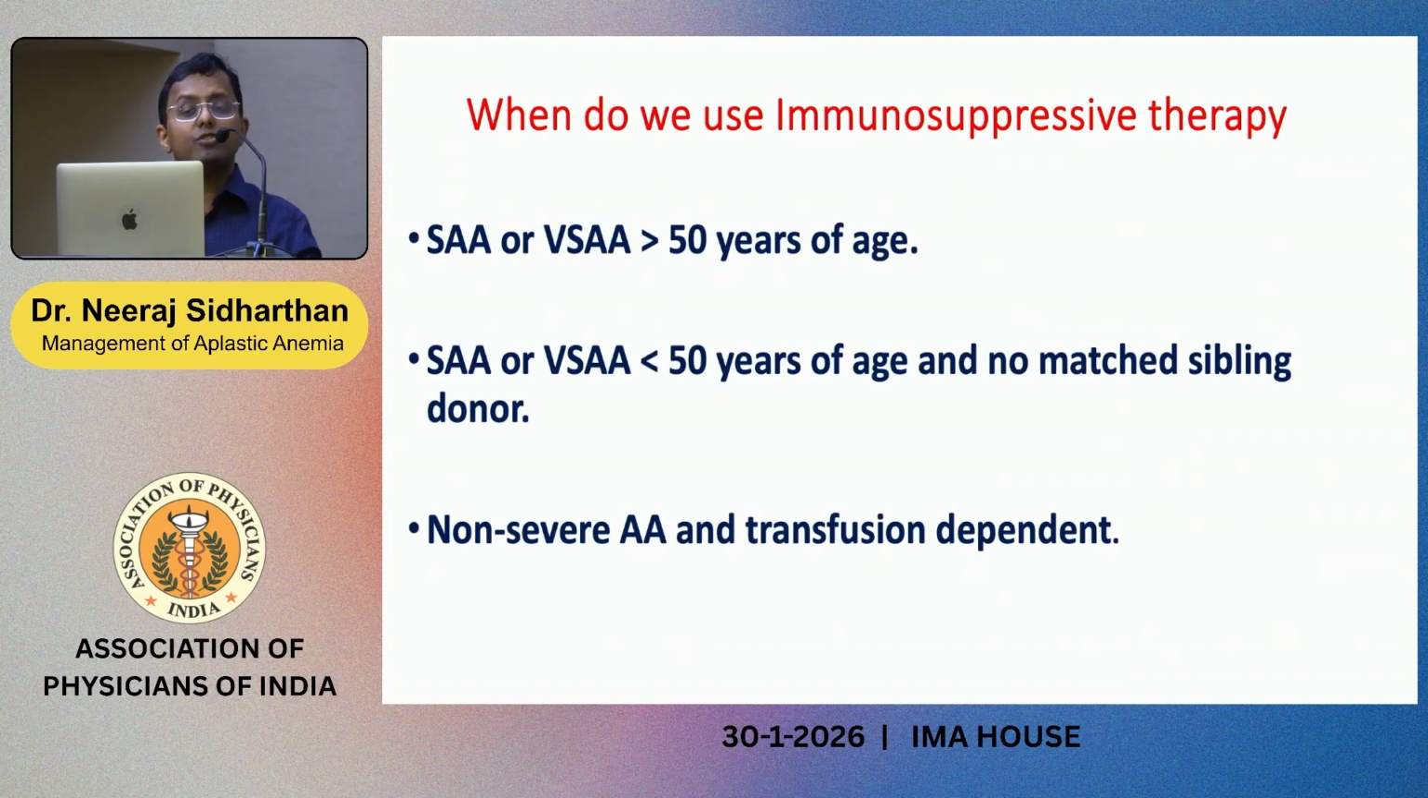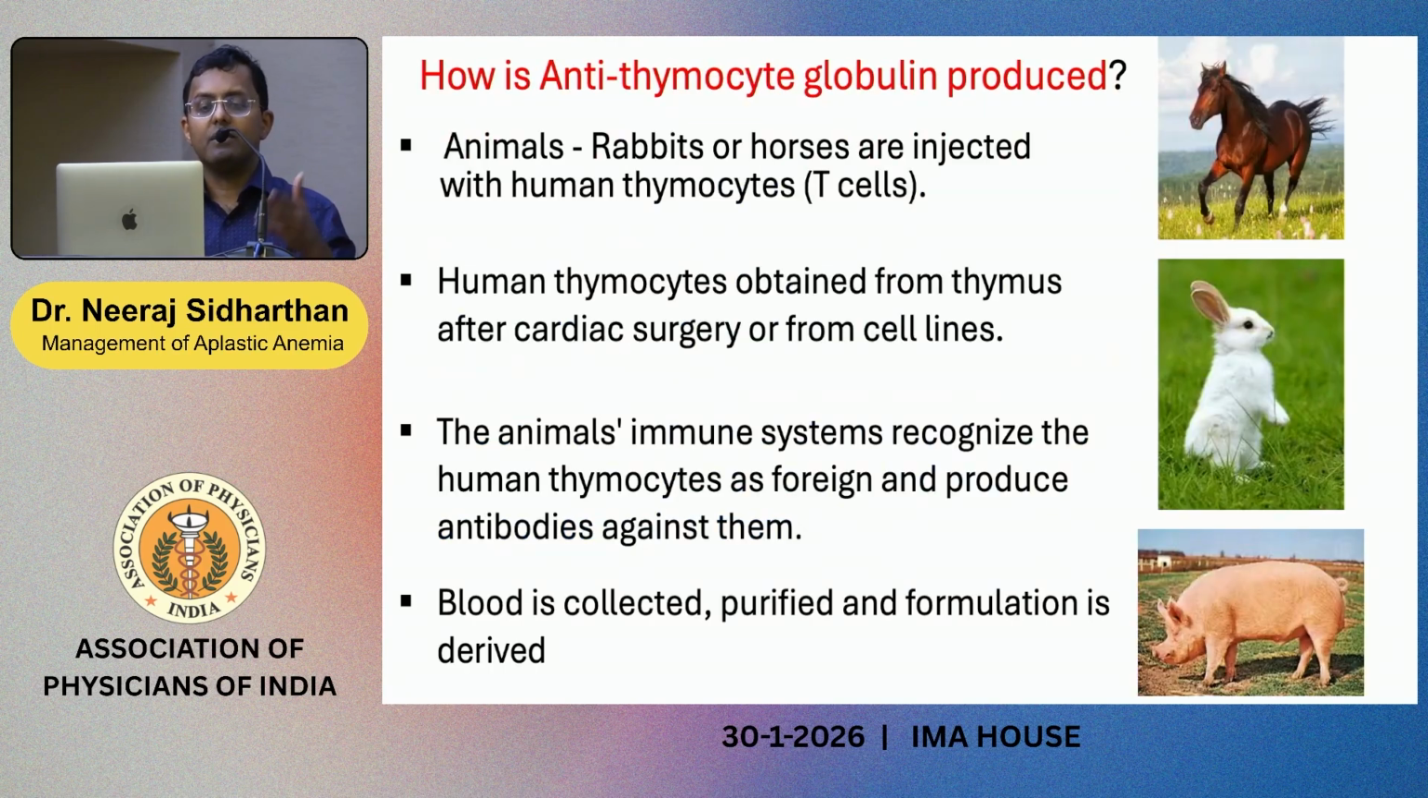So when do we actually do transplant and when do we not do transplant? Usually up to 50 years of age. Earlier it was 40 years of age, we can do transplant. And if less than 50 years of age, if you don't have a matched sibling, or if you are not having a severe aplastic anemia, then you can go for non-transplant. That mainly is